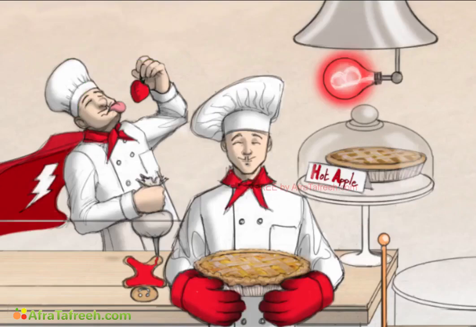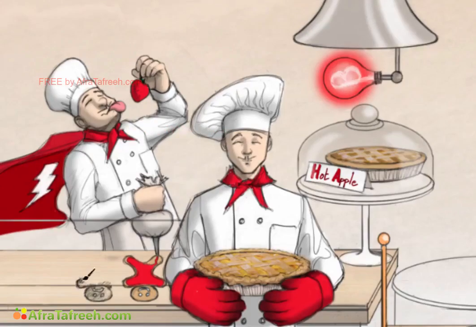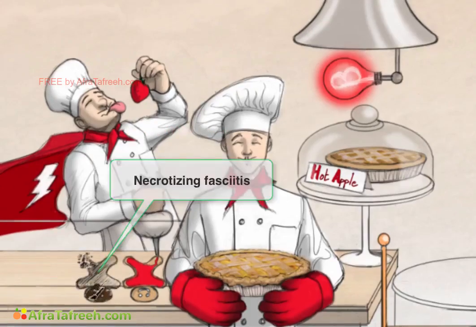So the last one is a very scary one. It's been referred to in the press as the flesh-eating bacteria, and this is necrotizing fasciitis, which can be caused by the toxigenic strains of strep pyogenes. It invades the fascia underlying the skin and spreads very rapidly, so it's a true surgical emergency. We'll represent this by having a burnt gingerbread man with his leg falling off. The burn looks like necrotic tissue, and the leg is missing because it is sometimes necessary to amputate the affected